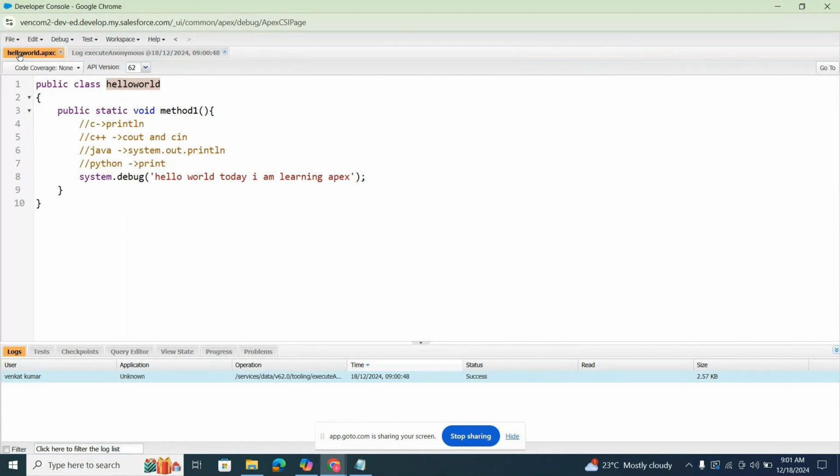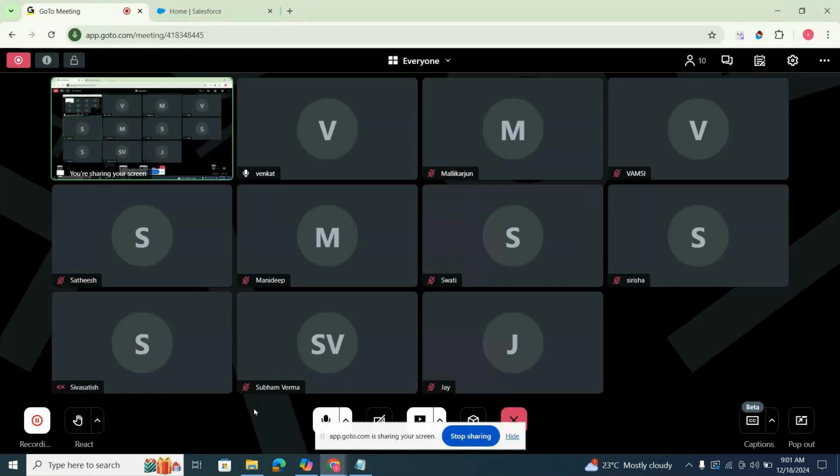So, as in Java programming, we only have to write the coding here, right? Exactly. But compared to Java programming, it's somewhat easy. There is no 100% coding here.